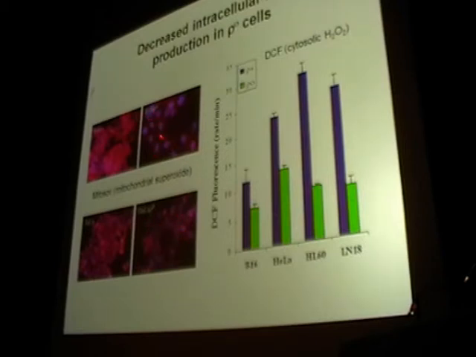And this was not only in the B16 row 0, we have in our lab 6 other human and mouse mitochondrial gene knockout models, and other models also had very low reactive oxygen species. Looking at the peroxide production or intracellular peroxide, again, this was down in each of the row 0 cells we looked